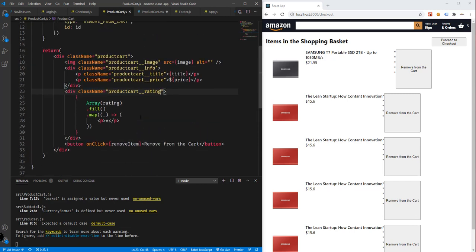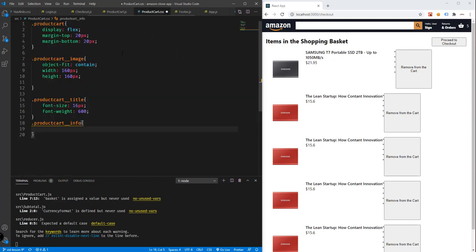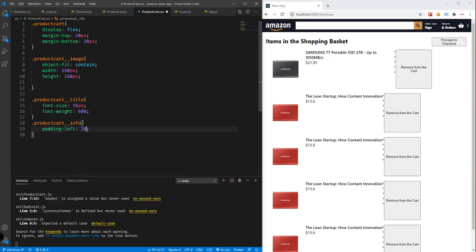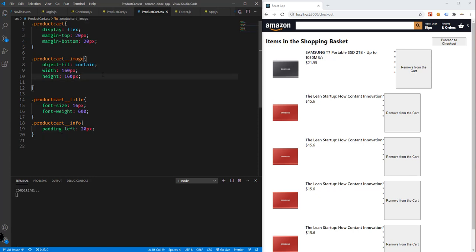Okay, so product card, there you go. So product card info, and let's just say padding left 20 pixels. Okay, save,